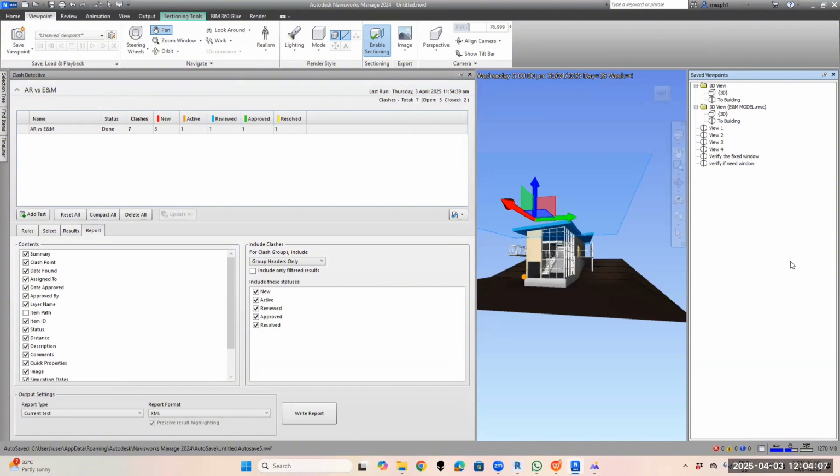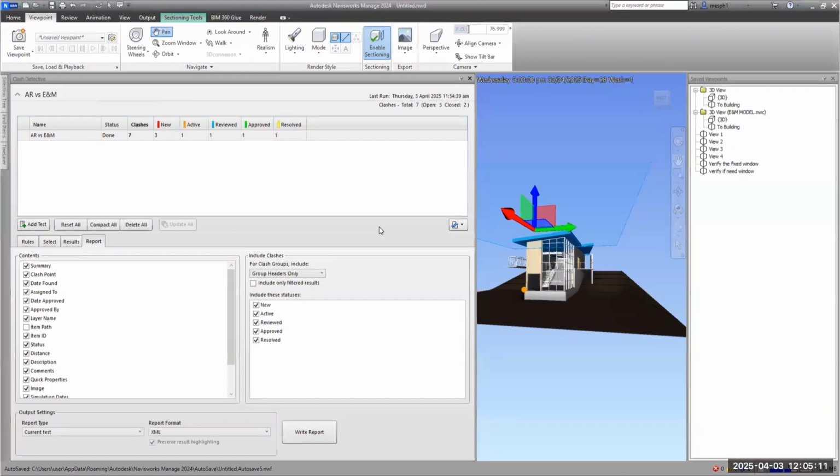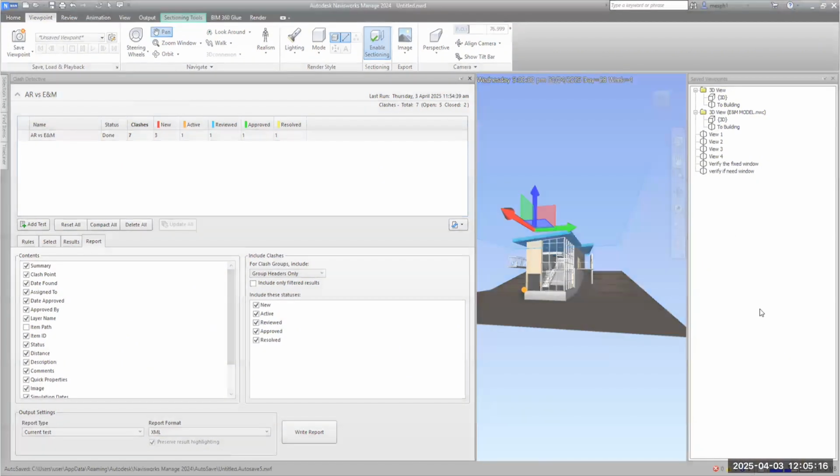If we transfer this to another Navisworks or NWF file, we can export this by right click and export viewpoints, so that we can capture all saved viewpoints to import in other Navisworks files. So right click, export viewpoints,